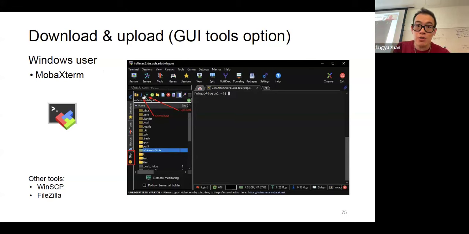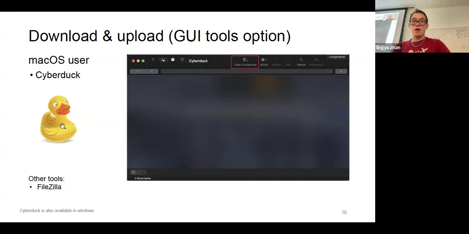If you look at the arrows here, if you click the blue arrow pointing down and the blue arrow pointing up, those will help you upload and download. The other tools we can use are WinSCP or FileZilla. For the Mac OS users, one very convenient tool we can use to download and upload